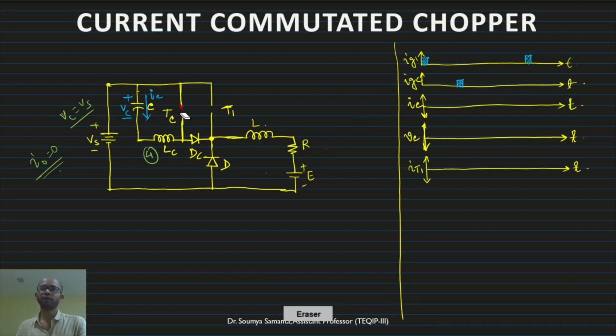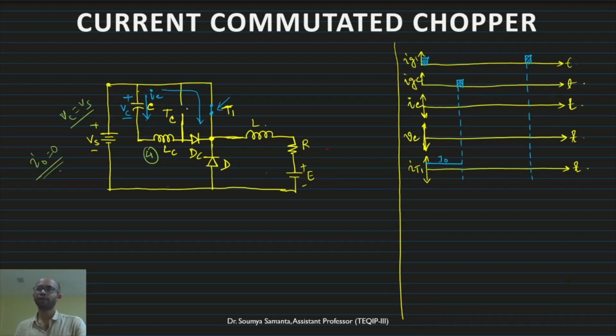Now initially, when both circuits are off, the moment we give the pulse to T1, it goes short circuited and the load current flows through T1. So initially we will get the load current flowing through this. Let me note this part down. First there will be continuous load current till we turn off T1. This is I naught.